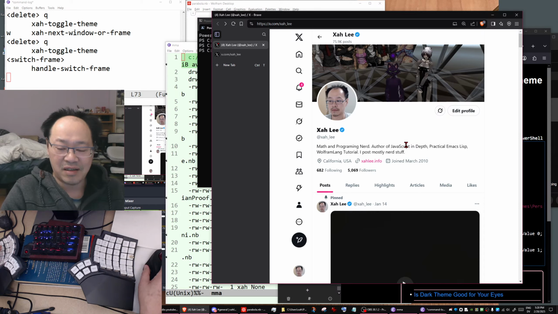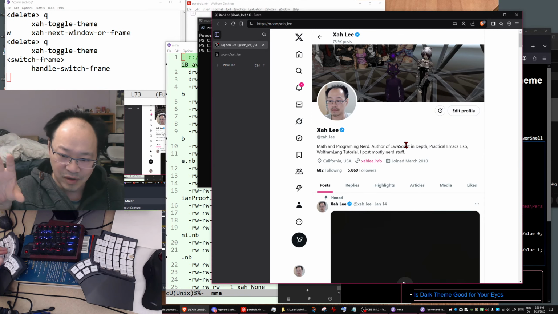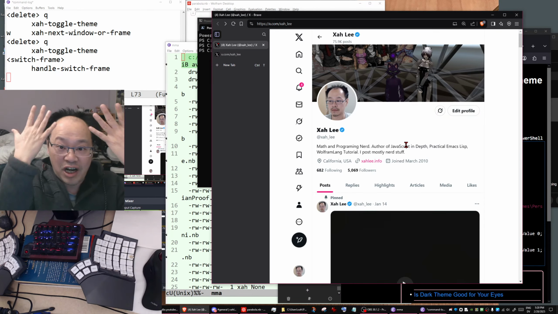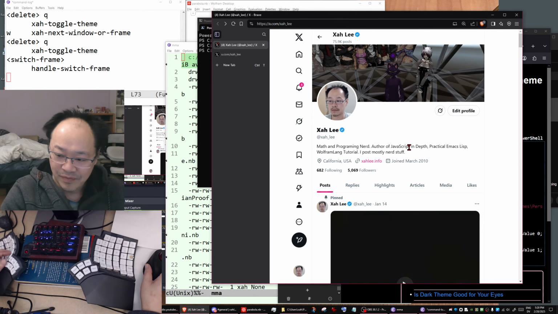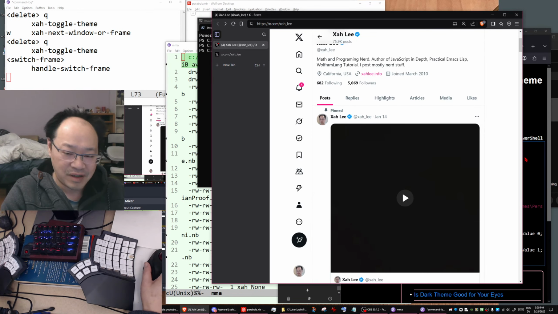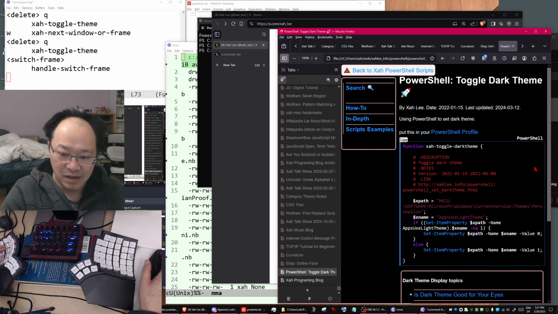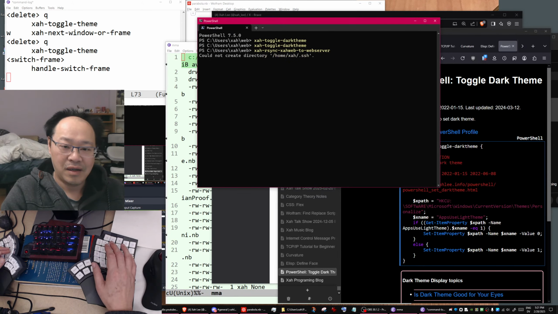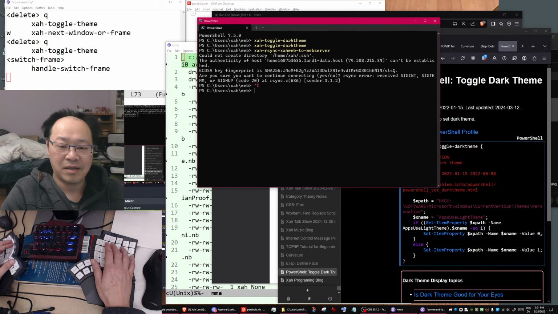It really sucks, because at night, after sunset, your system goes dark, set by the operating system, but Twitter is shiny and shocks your eyes. So you've got lots of problems with dark theme. I don't recommend it. Okay, close that. That's not what I want.